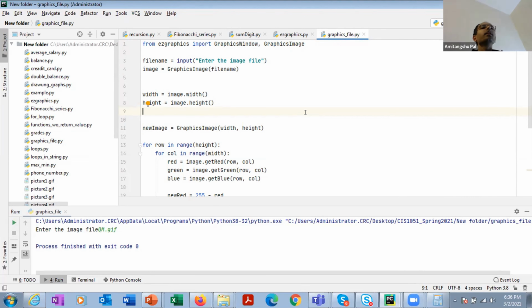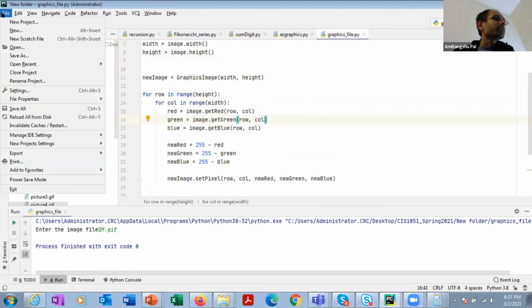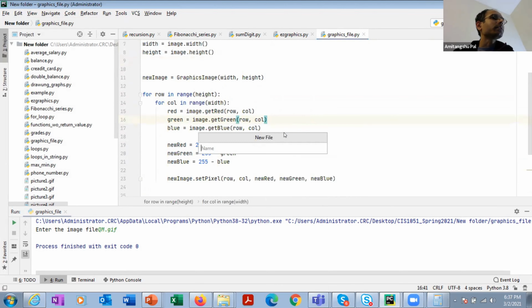All right, so let's create our own package. Okay, let's create our own package where we can write functions corresponding to each and every functionality. Okay, how can we do so? Let's see. So let's create a graphics package. Let's create a file called graphics package.